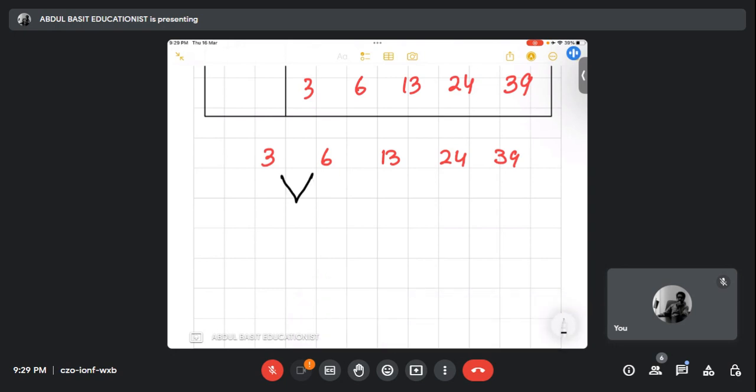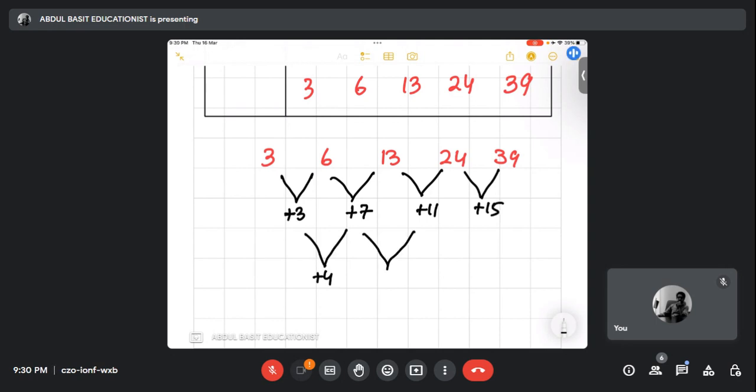ओके जी। मलाइका, फर्स्ट डिफरेंस क्या है बेटा? +3, देन +7, देन +11, जल्दी जल्दी बोलो। फिर क्या है भाई? +15। ओके दानियाल, सेकंड डिफरेंस है बेटा +4। सेकंड डिफरेंस सेम हो गया, मतलब कि सीक्वेंस क्वाड्रेटिक है,